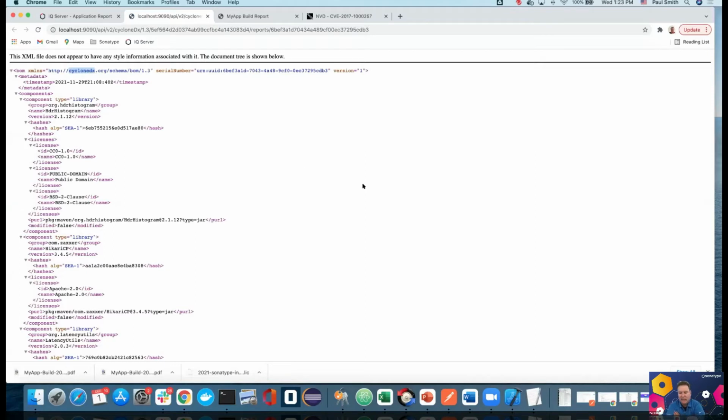I know you've got CycloneDX and you've got SPDX. So we can generate this in an interchangeable manner. And we have APIs, right, where you can pull this data and this information. Or if you're using some other tooling that you're generating an SBOM with, you can actually input that into Nexus Lifecycle, again, providing a centralized control plane for your software bill of materials for all of the pieces that make up your application.